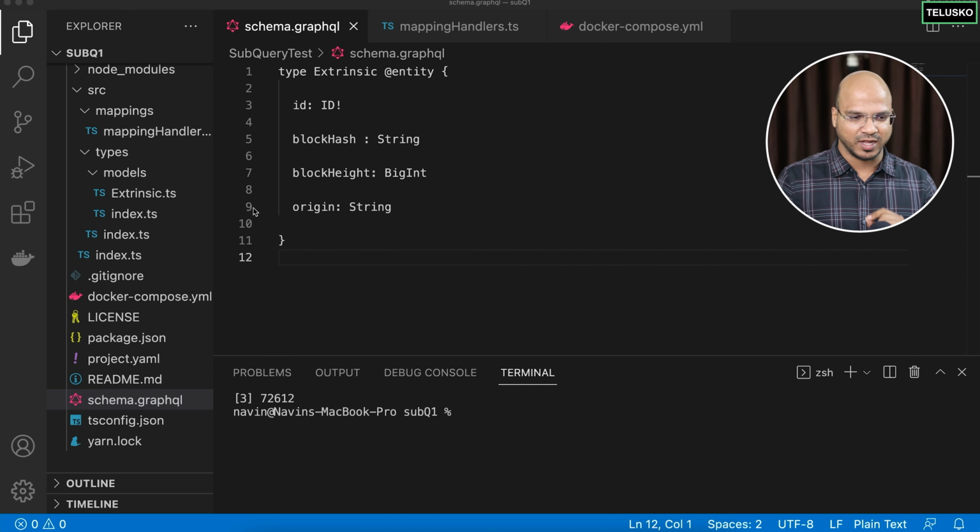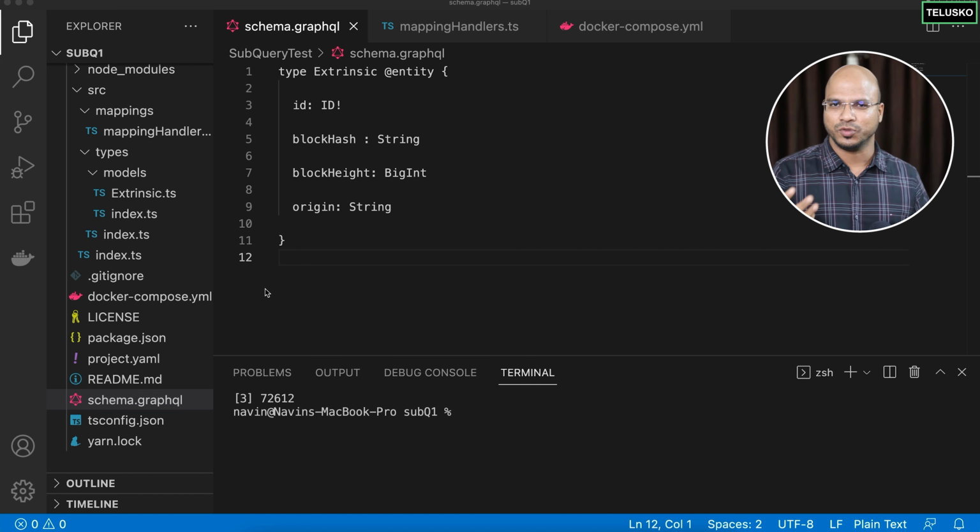So what we have done till this point, let me just give you a big walkthrough, and then we'll build this project. And instead of running it on console, of course, we'll do that as well. Instead of running on this machine, we'll also deploy it on this SubQuery Network so that your project will be public and anyone can access it on this SubQuery Network with the help of SubQuery Explorer.